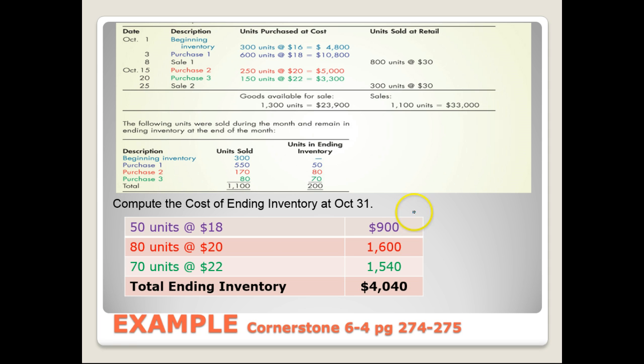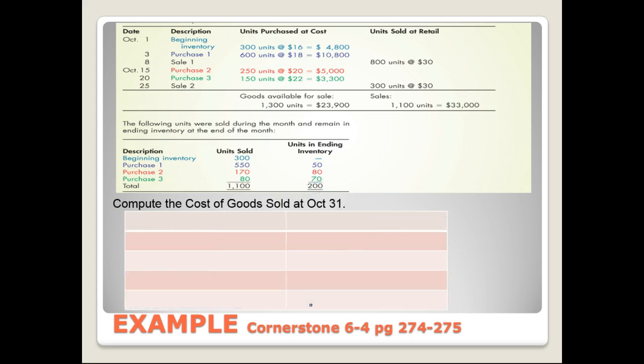50 units at $18 gives us $900. 80 units at $20 gives us $1,600. 70 units at $22 gives us $1,540. And if we total that, the cost of the total ending inventory, that 200 units that were left at the end of the month, cost $4,040. Now let's